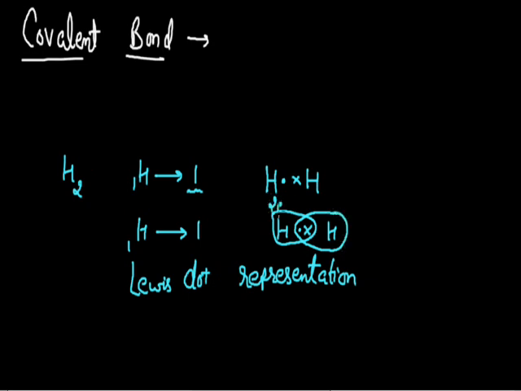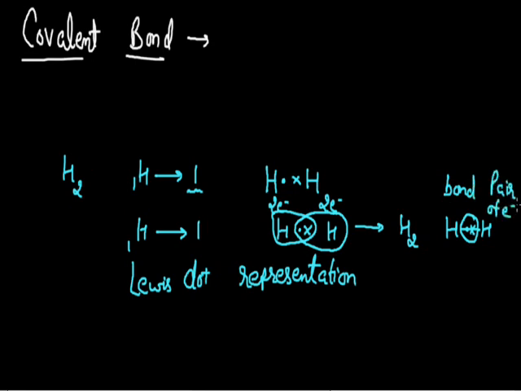again due to the completion of duplet, these two hydrogen atoms are stable, and to get stability they are forming the molecule of hydrogen that can be represented by this hydrogen and the another hydrogen atom, and a single straight line between these two to show one bond which is going to be formed by two electrons donated by each or shared by each hydrogen atom. Now, this pair of electrons which is between these two atoms and which is responsible for the process of bond formation is also known as bond pair of electrons.